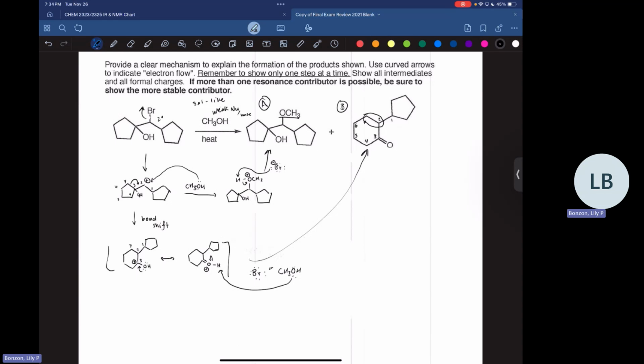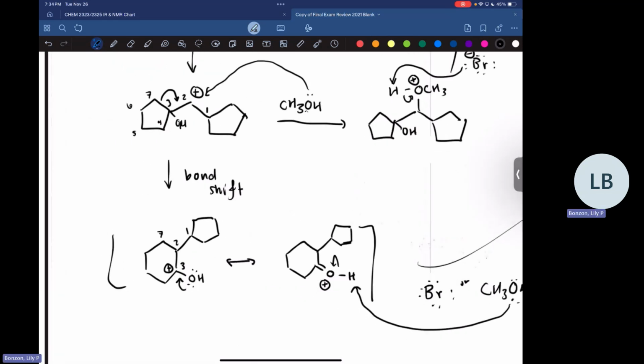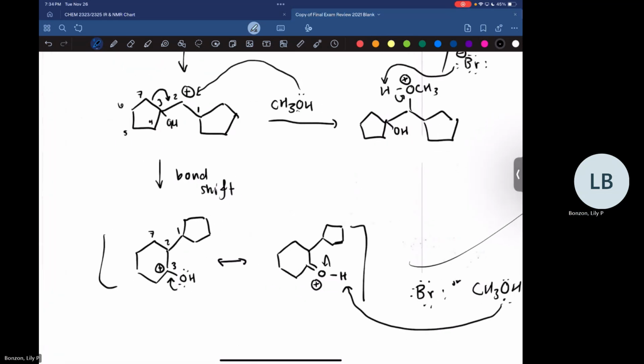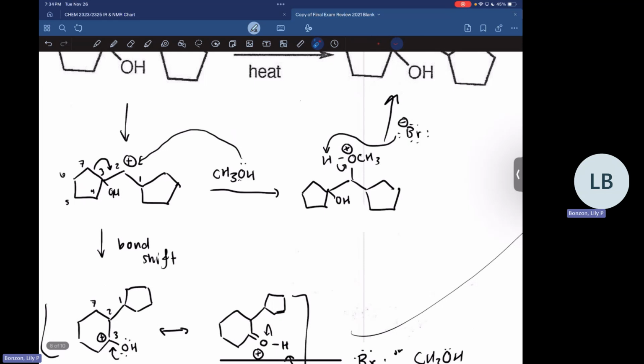The extra hydrogen? Which step are you talking about? This one? This one? So in that step, the